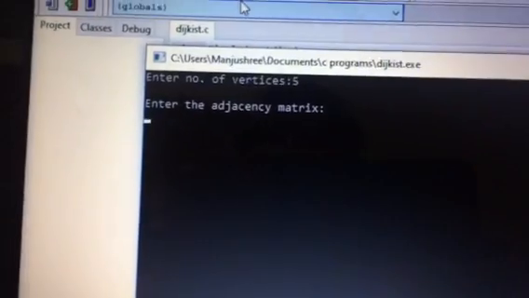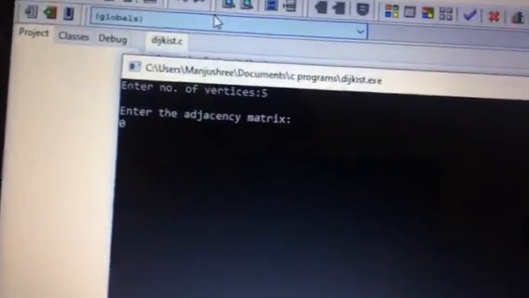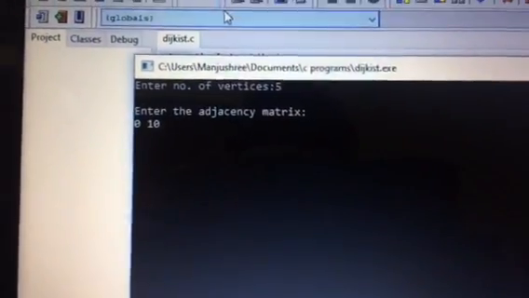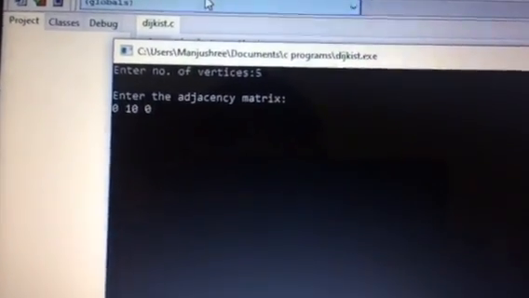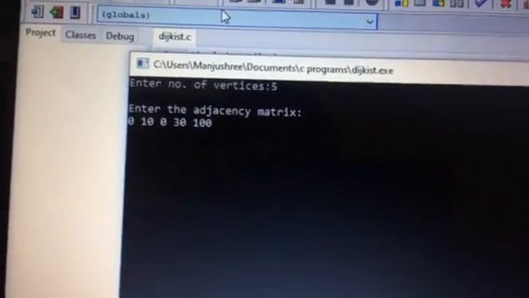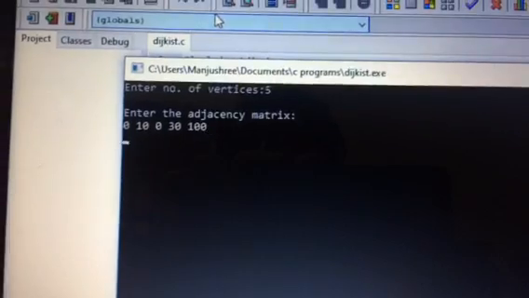Let's enter this. How to enter it? You should enter it in the form 0 space 10 space 30 space 100, row wise. When you have to go to the next row, press enter.